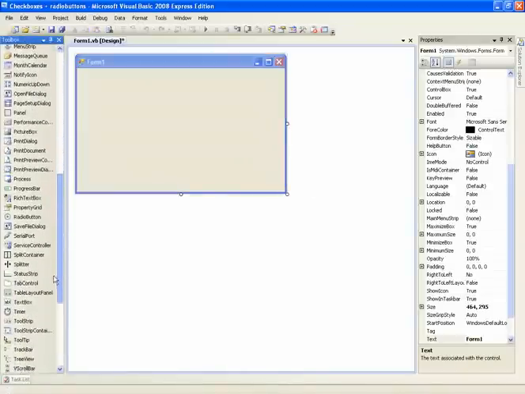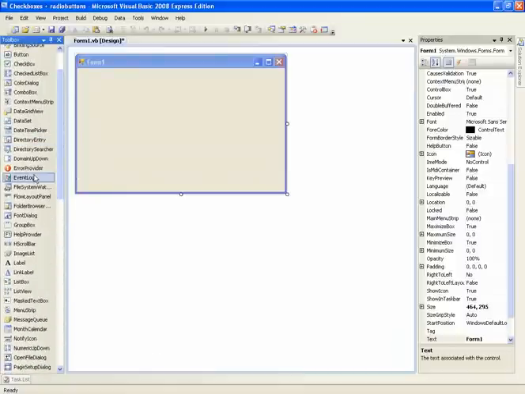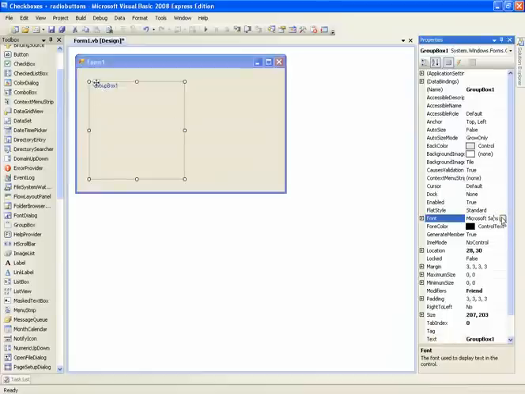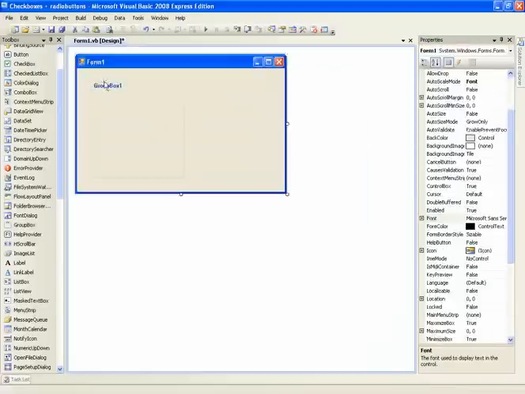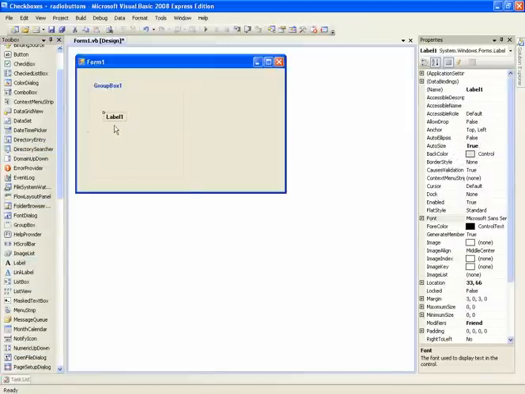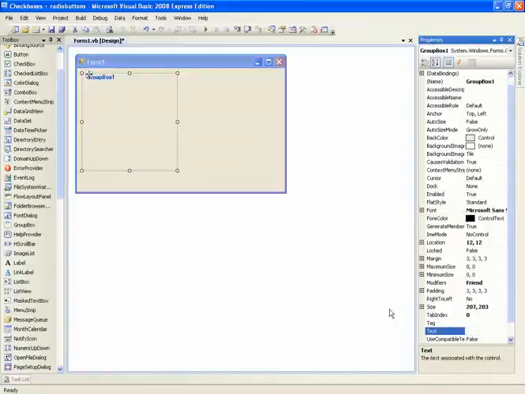Right, so basically what a group box is, which we'll add first, is, as the name says, a box which will group whatever's inside it. So let's say we make this bold on the font. This will go bold up here, but also say we add a label in, see that's bold as well. Let's just quickly group boxes out the way. So we'll change the text to age,